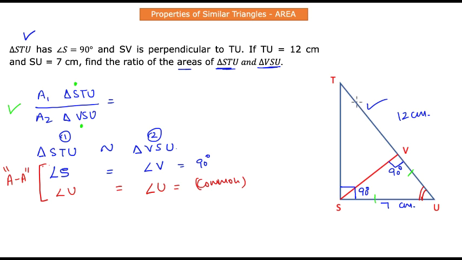So the only thing that is left for us is to find the corresponding sides. In triangle 1, I have a side TU and that will correspond to side SU, right? So let's find the ratio of TU to SU and you will find that it is 12 to 7. The reason we said that these two sides are corresponding is, what is the angle opposite to the side TU? It is 90 degrees, right? And what is the angle opposite to side SU? It is also 90 degrees. This is one technique of finding the corresponding sides, right? These both are the diagonals of those respective triangles, hence they will be corresponding.